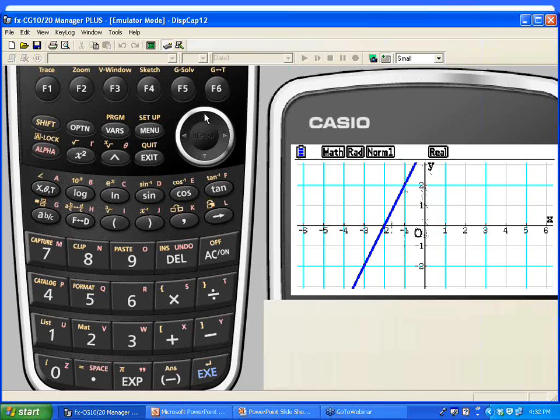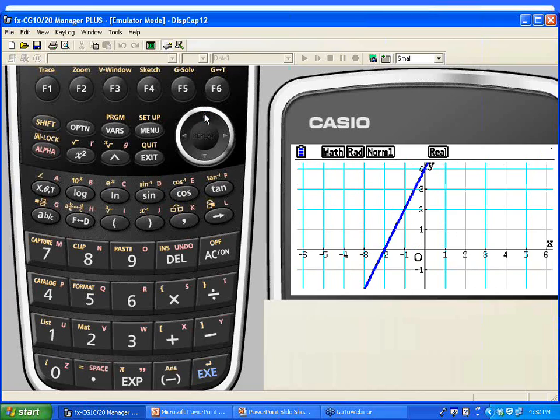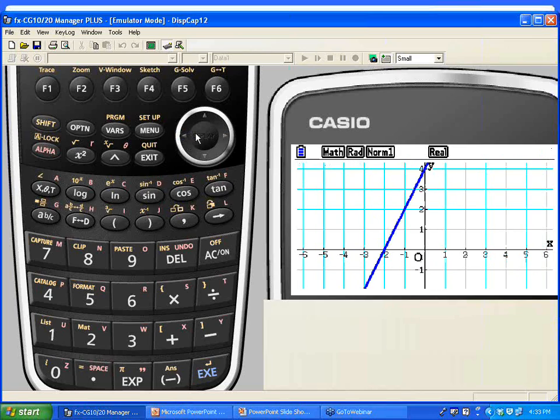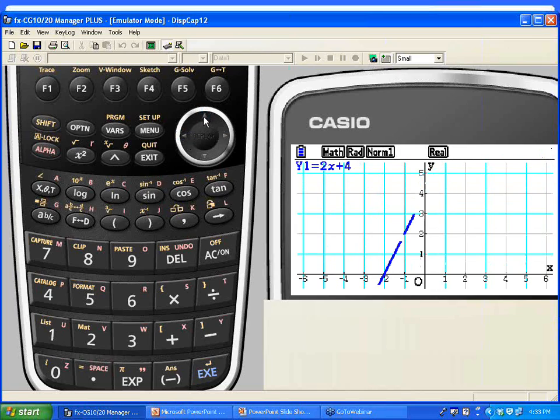You can press the up key, and that's going to let you, just like sliding your graph paper, see more of what's above. If I want to see what's above, I press up. If I wanted to see more to the right, I could press right. You can just readjust your graph paper without having to regraph the problem. Now, I want to see what the inverse of this graph looks like.